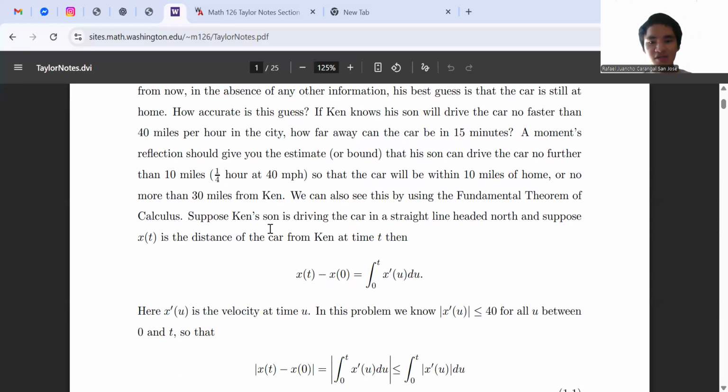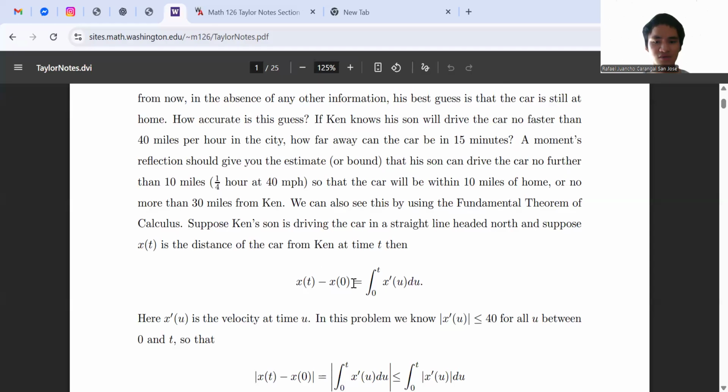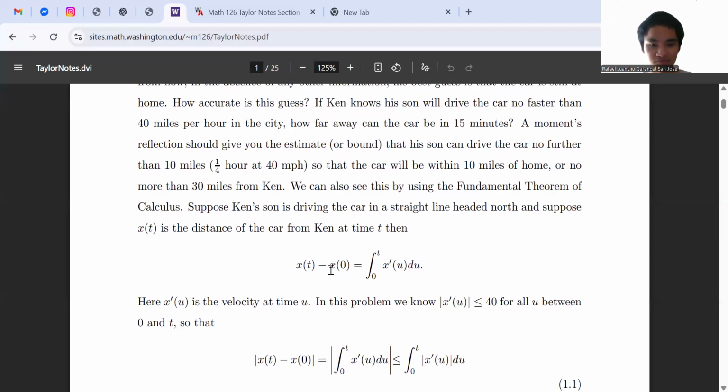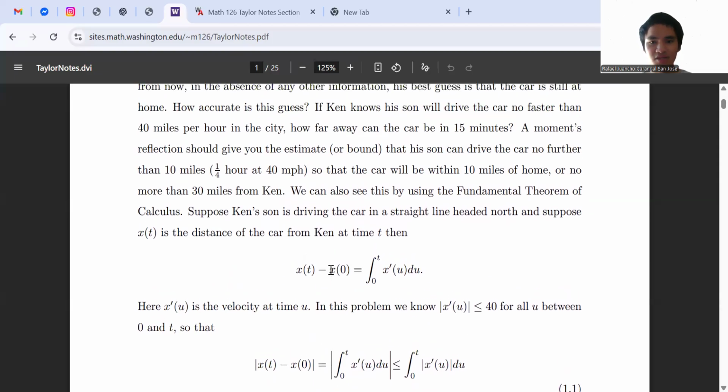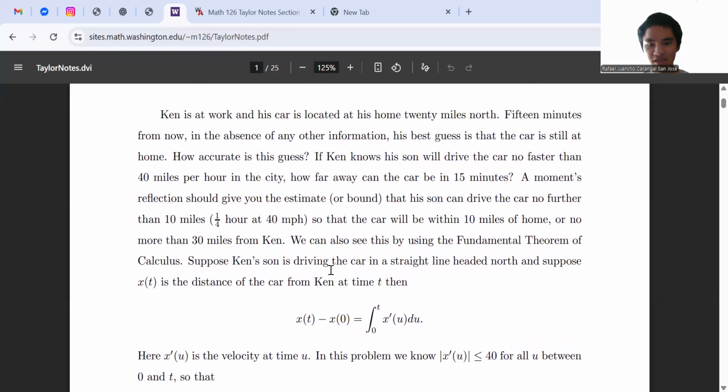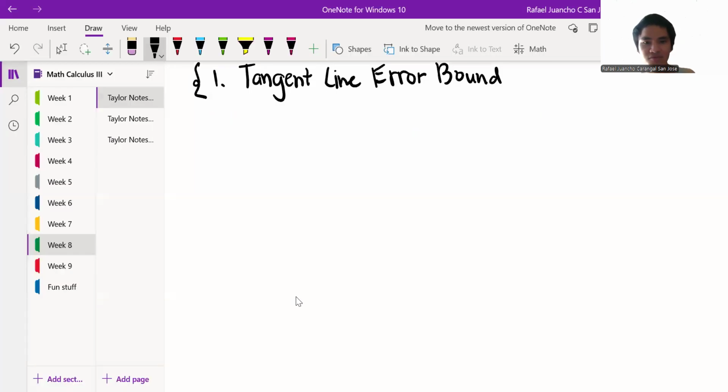Suppose Ken's son is driving the car in a straight line headed north. And suppose x of t is the distance of the car from Ken at time t. Then we have x of t minus x of 0, which is this integral right here. Okay, so let me actually write this out and see what in the world we're looking at. So here we say that,